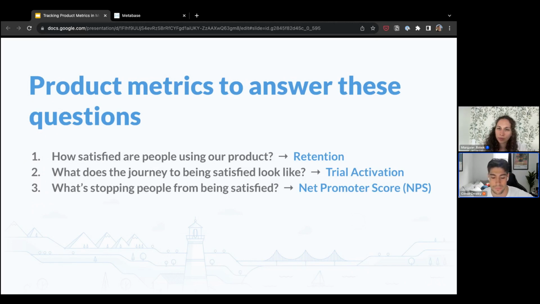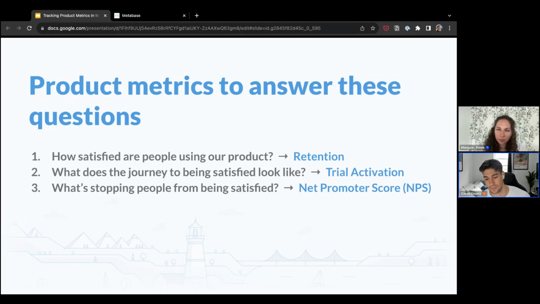their footing. And lastly, what's stopping people from being satisfied? So Net Promoter Score can also work for number one. This is what I'll talk about next, a little bit of foreshadowing. But when it comes to understanding where you're falling short, qualitative feedback is going to be king. So this is mostly a quantitative talk, but I want to emphasize the qualitative aspect. And if you aren't familiar with Net Promoter Score, this is normally a touch point with customers where they rate how likely they are to recommend your product to a friend, and they hopefully are also providing feedback to contextualize